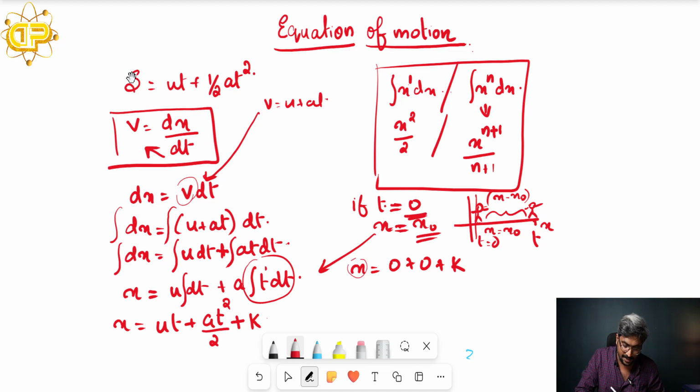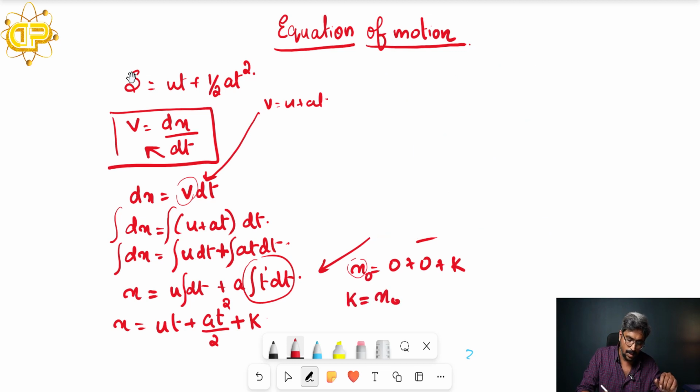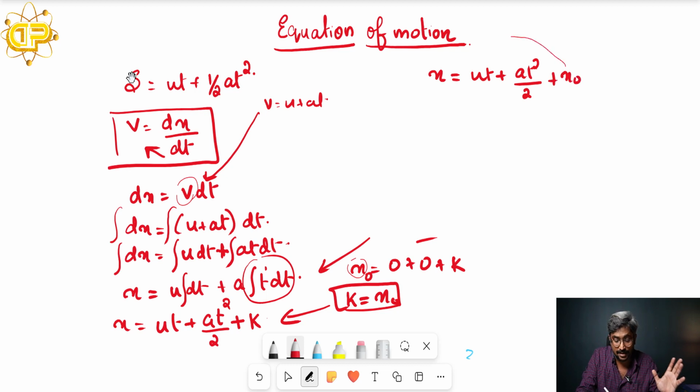So this will become x0. So now your k value is equal to what? x0. So substitute this k value into this particular equation and then you will get what? x is equal to ut plus at square by 2 plus x0. If I'm just taking x0 to my LHS, then the equation will become x minus x0 is equal to ut